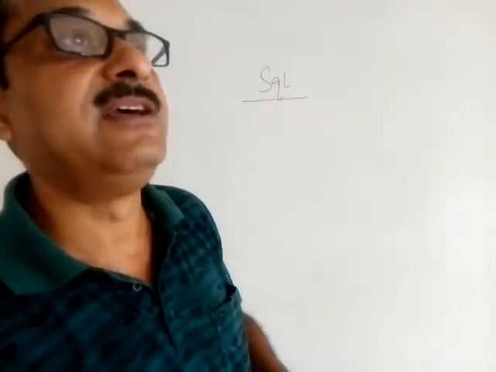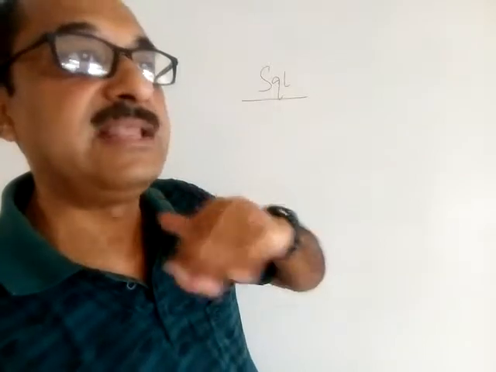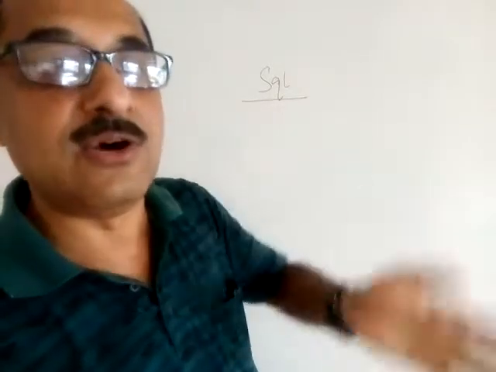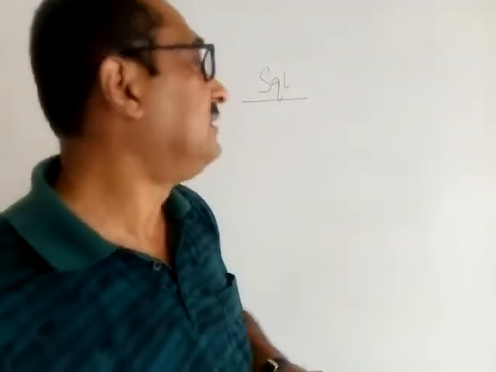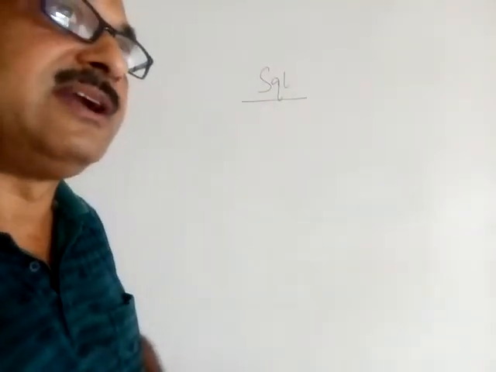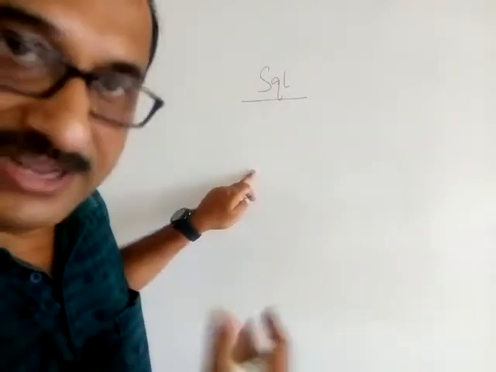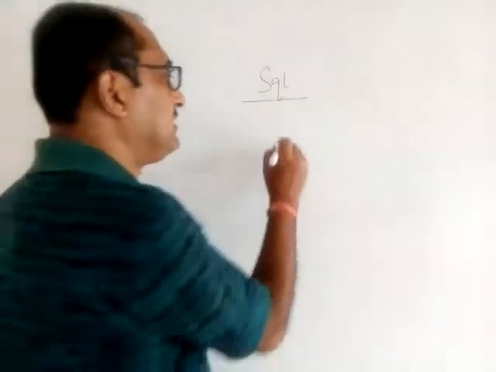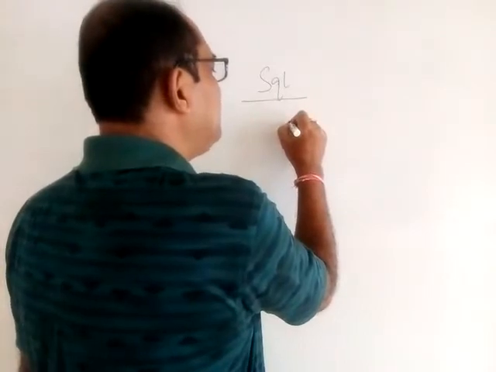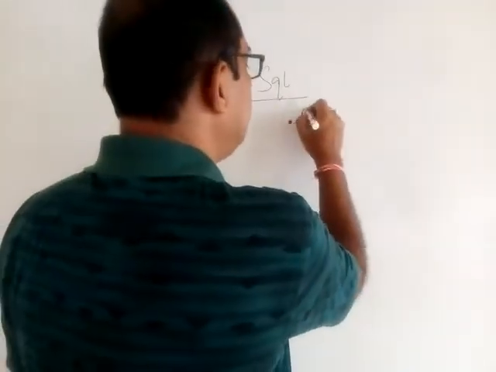A database can have a lot of tables within it. Tables means where you arrange the data in rows and columns. Fine. So let us first refresh our knowledge, whatever we have learnt in class 11. I may have told you some of the things, I may not have told you. Let us do it once again. These terms sometimes might be given as 1 mark questions, so I will discuss them.